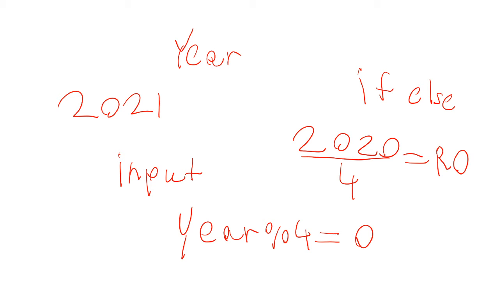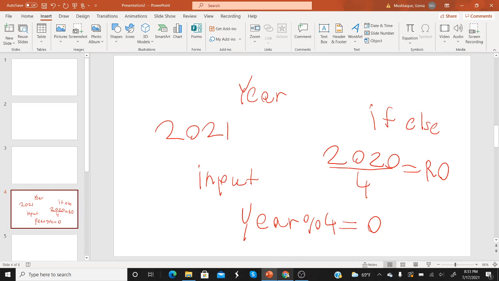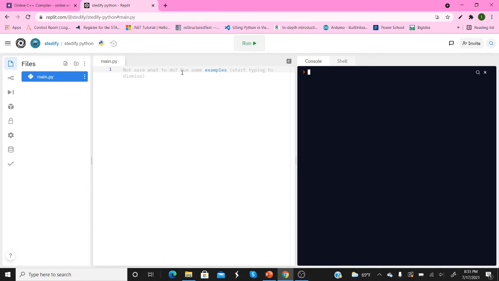So let's go to Replit. I want to keep this in case we want to come back to it in the future. In Replit, I'm going to set the variable to year, and I'm going to take an input asking what's the year. In our if-else statement, we're going to have: if year modulus 4 is greater than 0, then